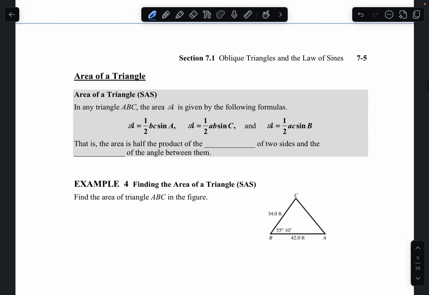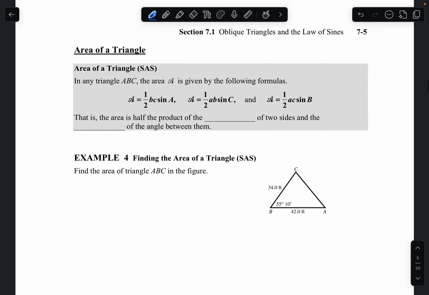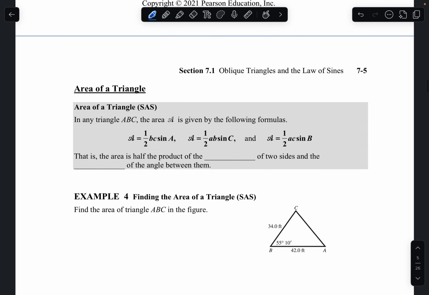Another thing we want to talk about when it comes to the law of sines is the area of a triangle. If you remember what you learned back in geometry and even back in middle school, the area of a triangle is found by taking 1/2 times the base times the height. So if we go ahead and write this triangle out fully,